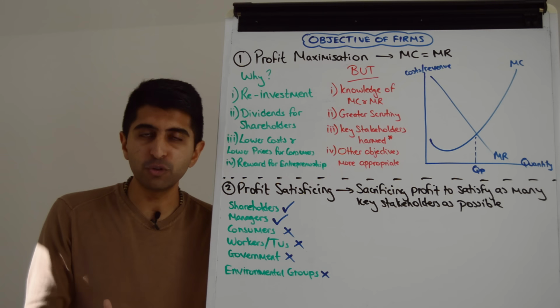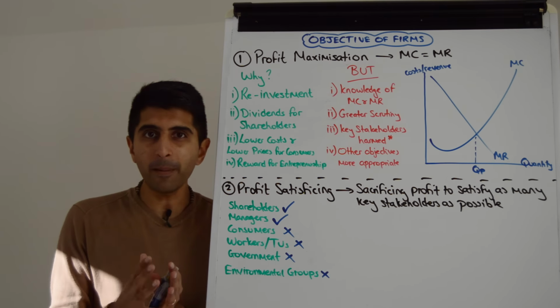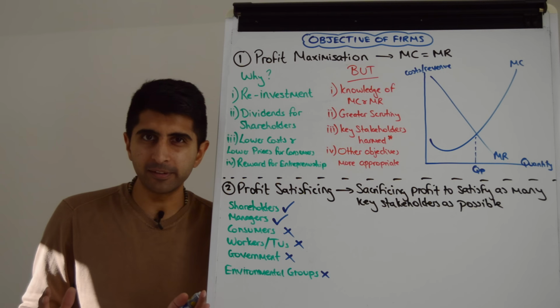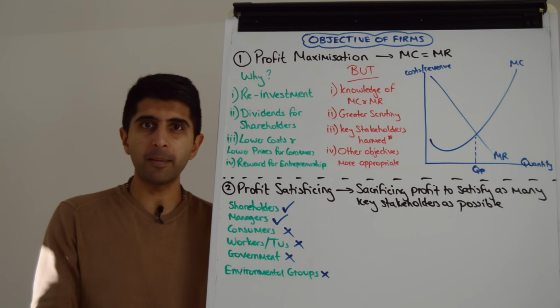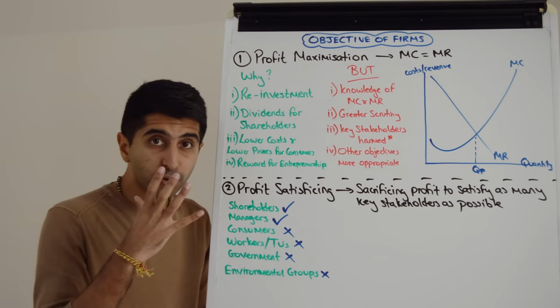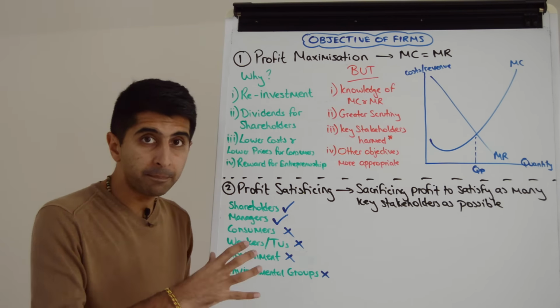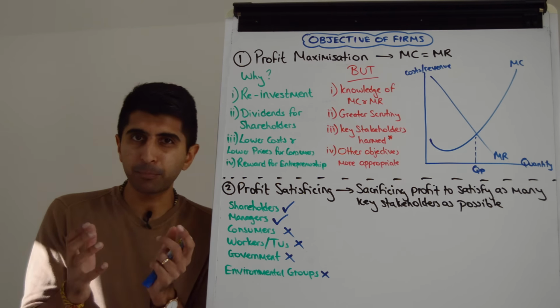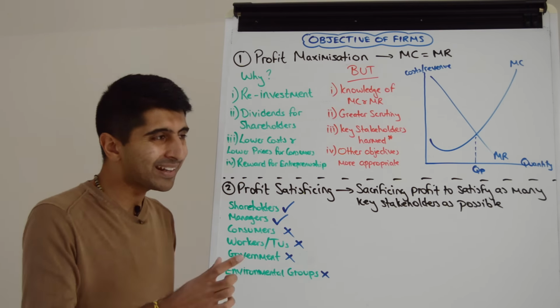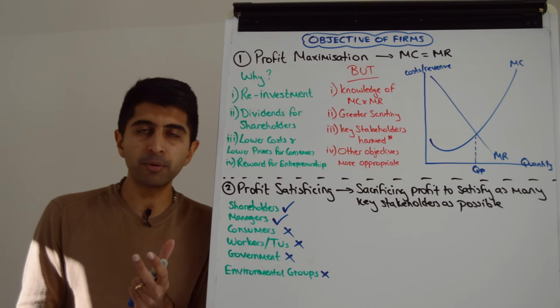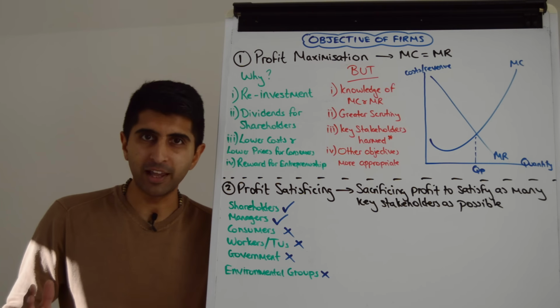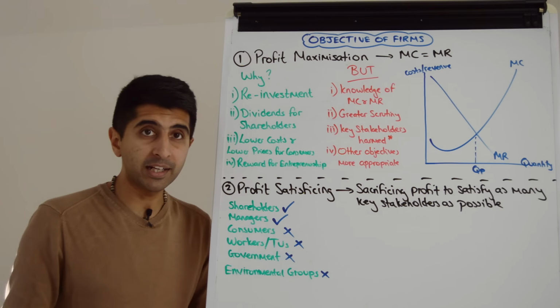They could attack on social media. And in this modern world, reputation is a big, big thing for businesses. A business does not want their reputation to be harmed. So a business has got to be very careful not to harm these key stakeholders if they go for profit too hard, and therefore satisficing might be a more appropriate objective for businesses in this modern day world. But maybe other objectives are more appropriate.